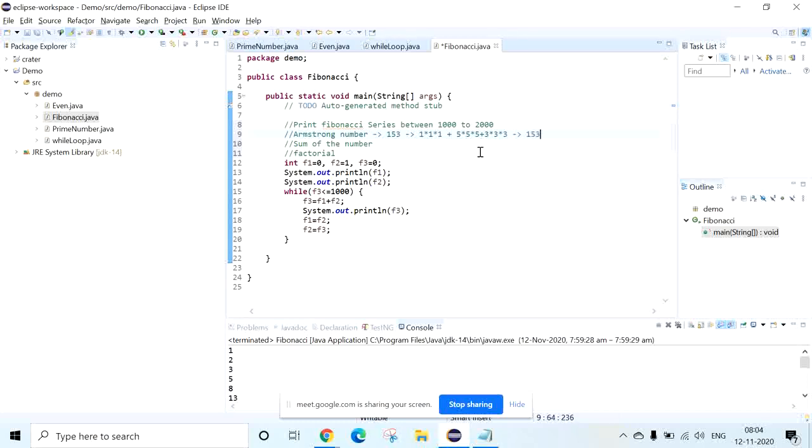This is called an Armstrong number. Which means you need to take each and every digit from this 153. You need to multiply it 3 times, then add all those things. You will get 153. This is your Armstrong number.